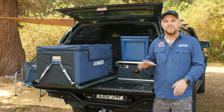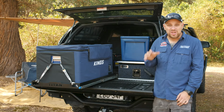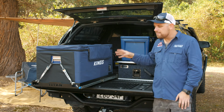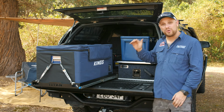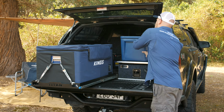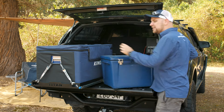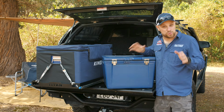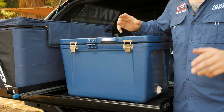Now on hot days, if you're opening your fridge every half an hour just to get a cold drink out, you're letting all that cold air out at the same time, and you're making your fridge work overtime. It's going to be running constantly. A much better alternative to that, especially on hot camping trips, is the mighty ice box. If you use this to store all your cold drinks, fill it up with ice,